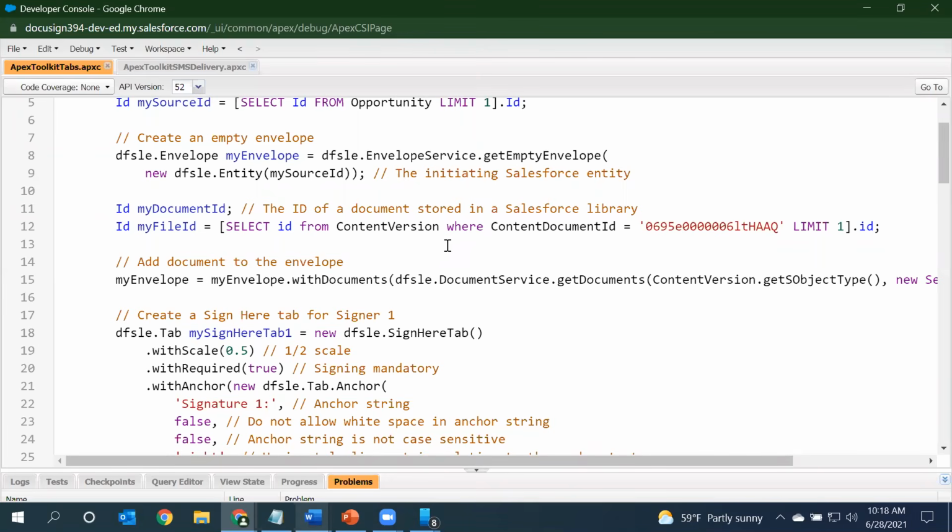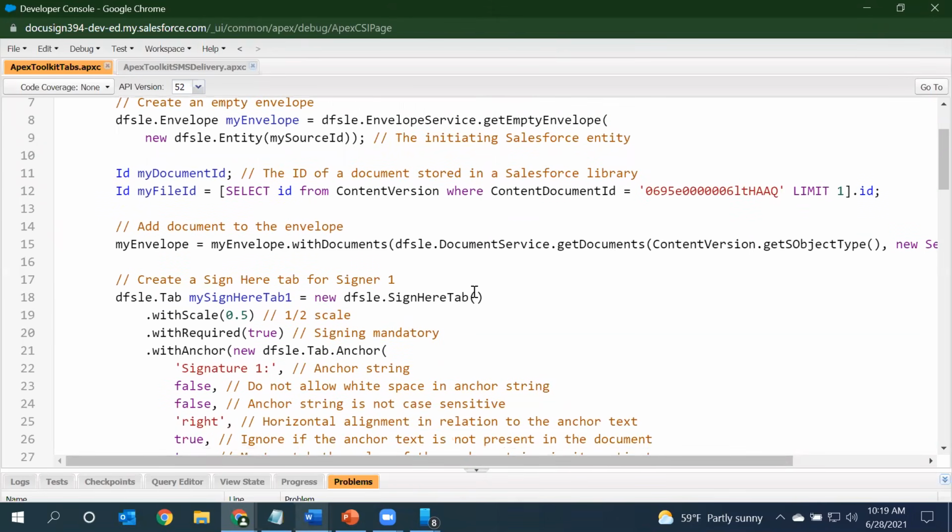People familiar with Salesforce files must be aware of how content document and content version work in Salesforce. Nothing fancy, just picking up the latest content version. Since there is only one version that I've added, I'm adding the limit as 1. You can be more creative in your implementation in case you want to filter the content version to a specific date or to a specific version.